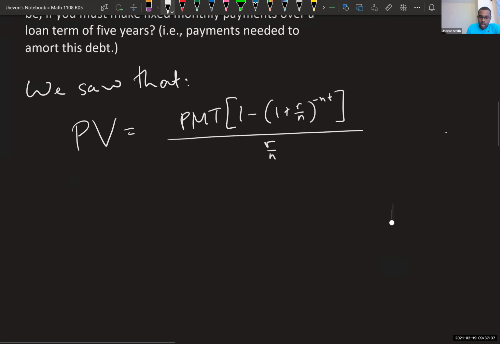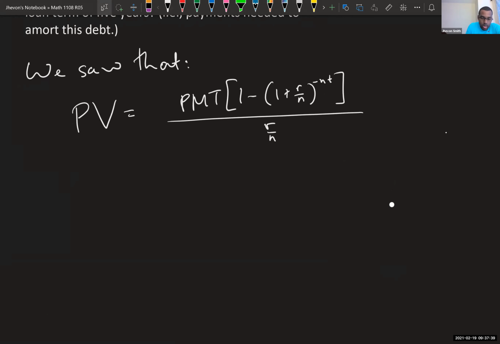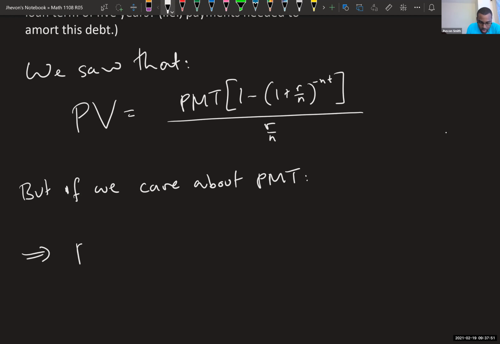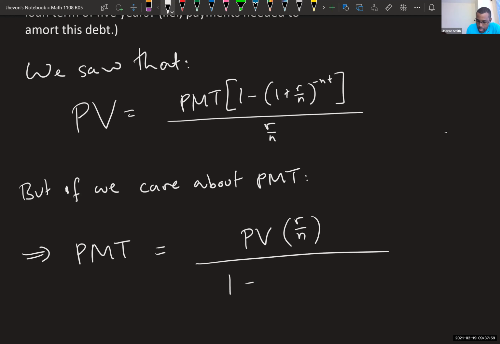But of course, if we care about payment, we can actually solve for payment. So we can solve for payment. That's going to be equal to PV times (r over n) over 1 minus (1 plus r over